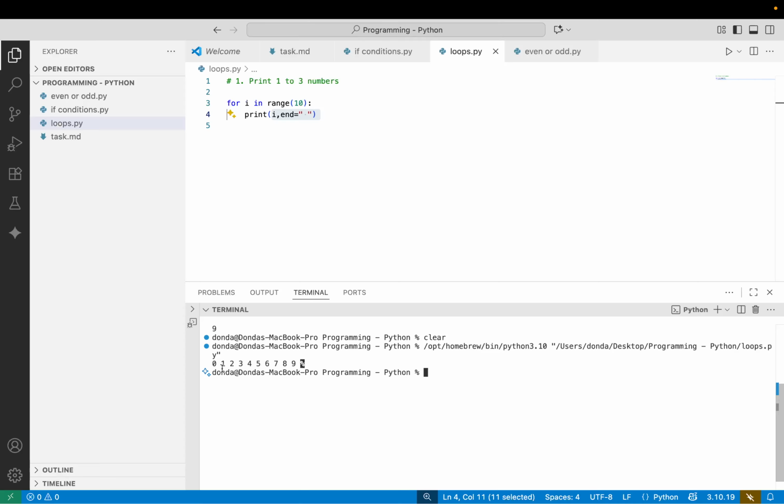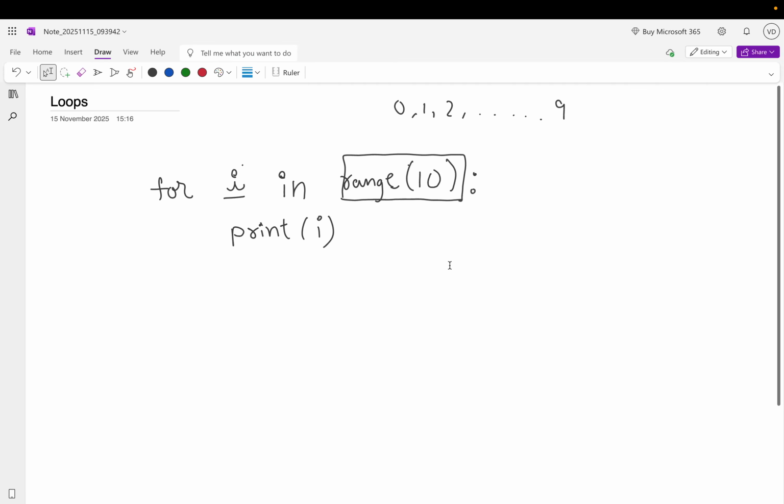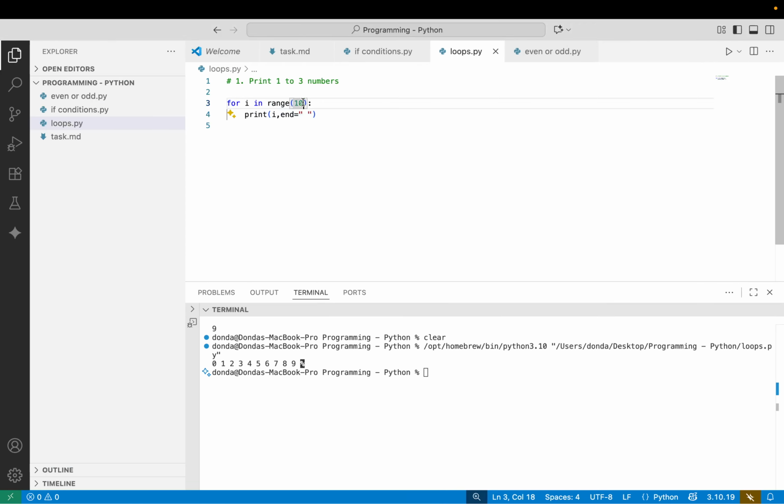See, this is what it means: 0 space, 1 space, 2 space, 3 space. Cool. Did you understand this? Okay. For i in range, print i. So here you're not printing 10. If you want to print 10, you need to put 11,